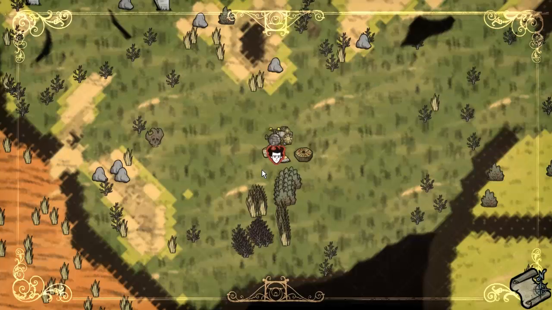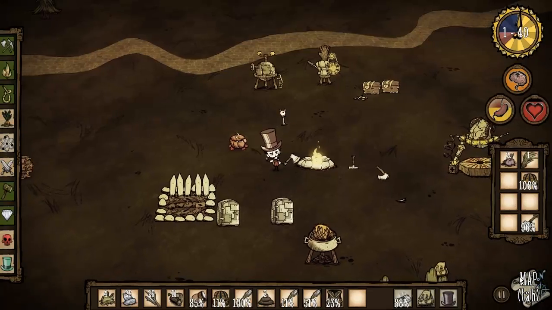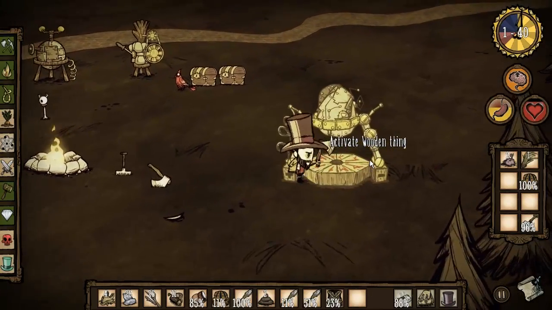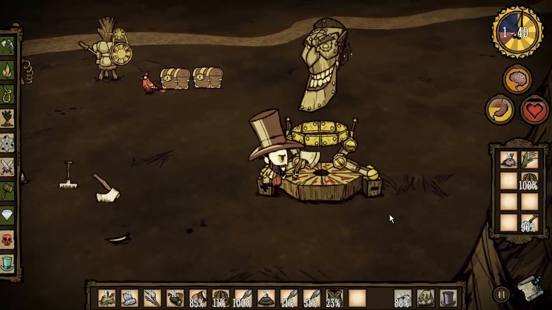So the plan is the base is coming along. I have one effigy built. I have the Maxwell machine directly in my camp. The plan is I wanted to build it with the old Maxwell machine here in the camp. Now, when I looked at